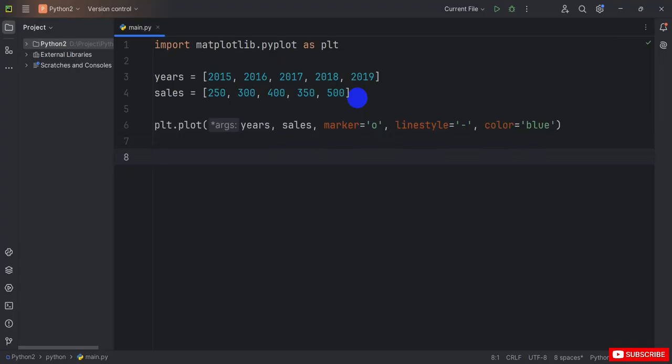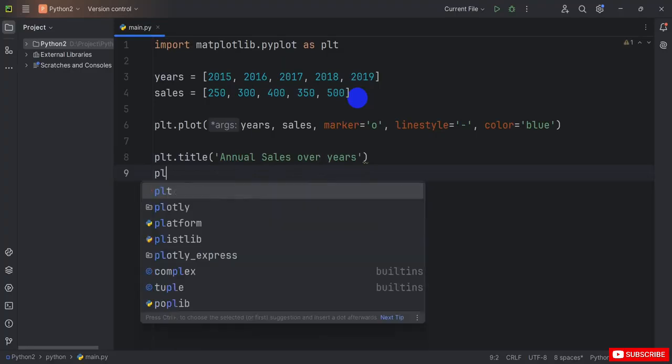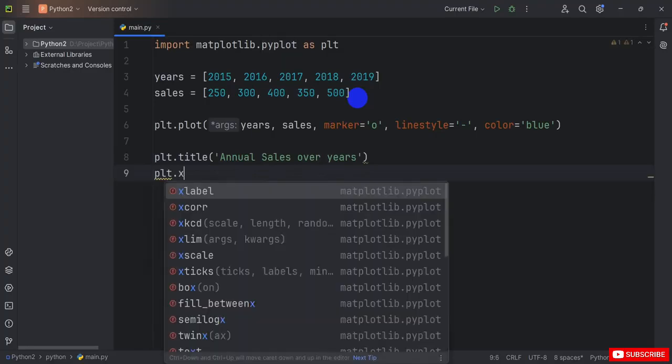And now I'm adding a title and the label. So first thing type is plt, then type title. So inside I'm typing the title is annual sales over the years. Okay. And just go to the next line, and here I'm making different the plt, and then